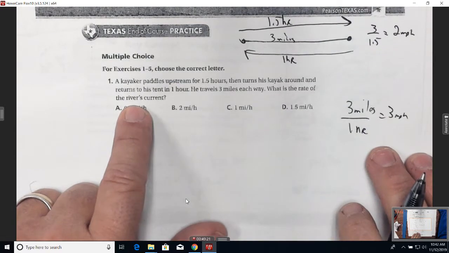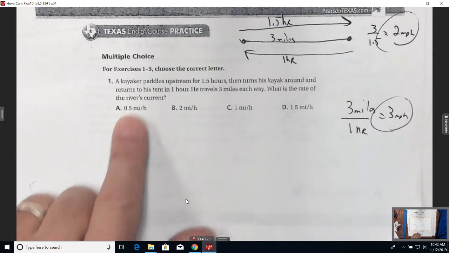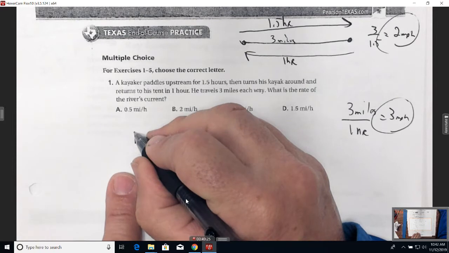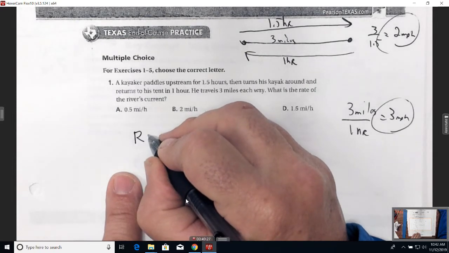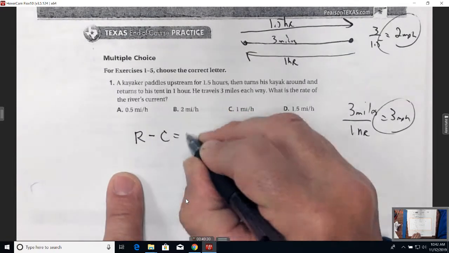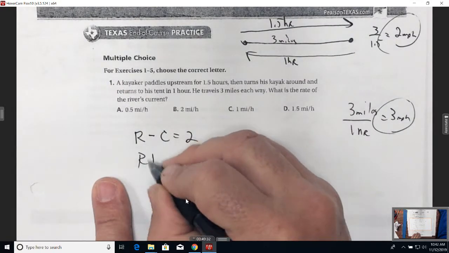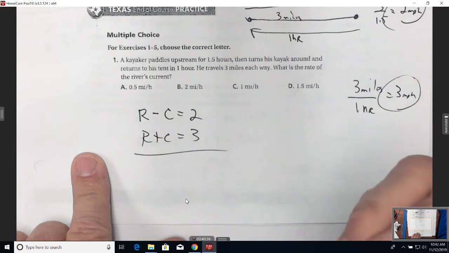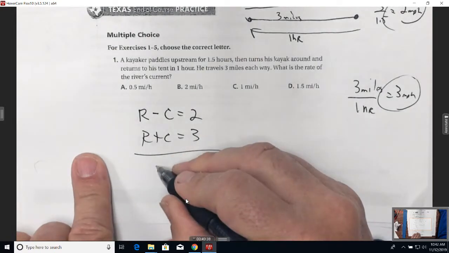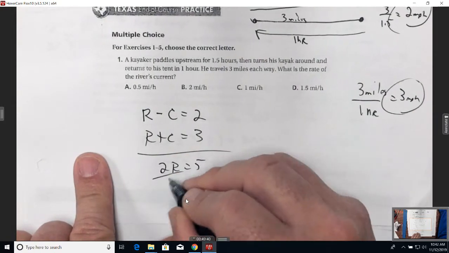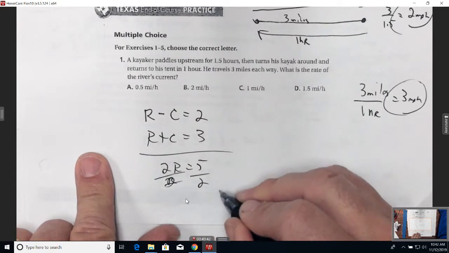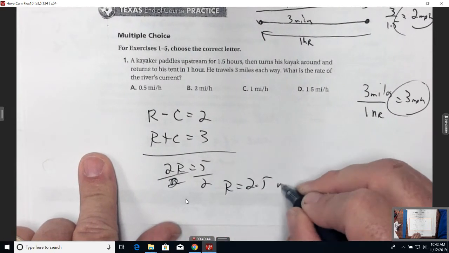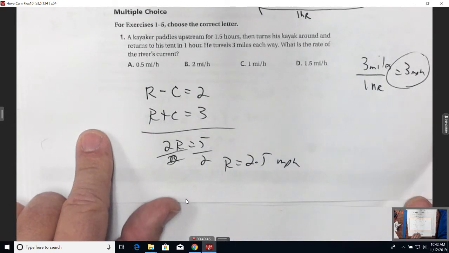What's the river's current? Look, if I went 2 miles per hour and 3 miles per hour, that would be the rowing speed minus the current is equal to my 2 miles per hour. The rowing speed plus the current is equal to my 3 miles per hour. Add these two together and I know my rowing speed. What would my rowing speed be? 2r is equal to 5. Divide by 2, divide by 2. My rowing speed would be 2.5 miles per hour. But it didn't ask for the rowing speed. It asked for the